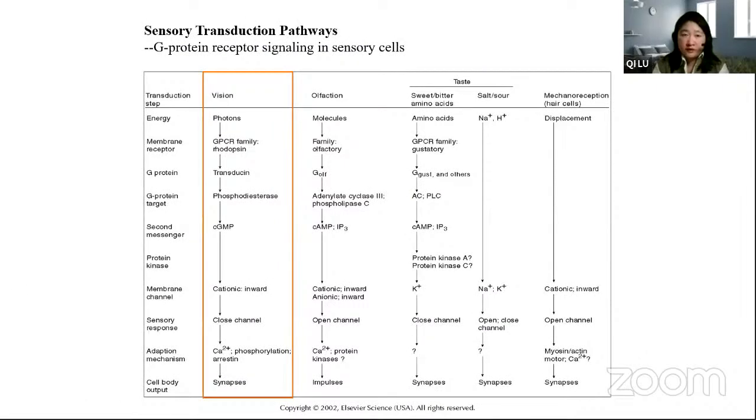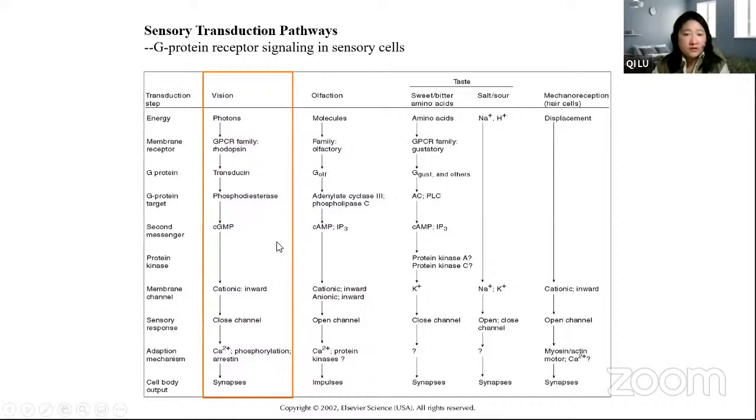Phototransduction follows a very popular sensory transduction pathway, the G protein signal pathway, because it's a cascade, so it can amplify the signal dramatically. Generally speaking, the energy of a photon is captured by a G protein coupled receptor, here a different opsin or rhodopsin. There's a conformation change of the rhodopsin that activates